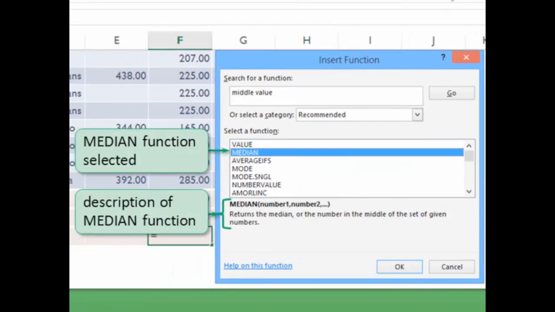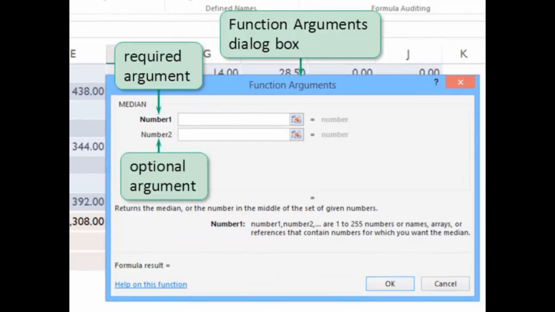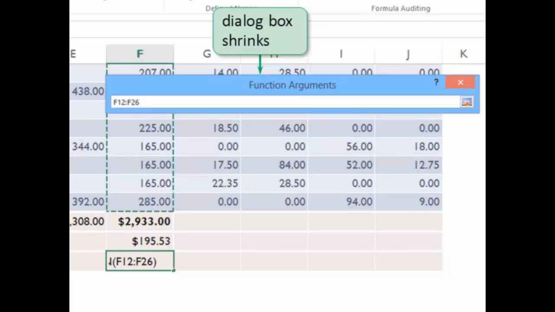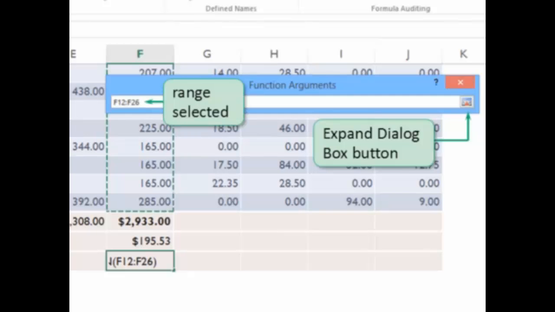The description for median indicates that the function provides the median or the number in the middle of a set of numbers. When you click the OK button to select the median function, the Function Arguments dialog box opens, listing required arguments in bold and optional arguments in regular type. To select the range for the required argument, click the Collapse dialog box button for number 1. The dialog box shrinks so you can see more of the worksheet. Select the range of numbers for which you want to calculate the median, and then click the Expand dialog box